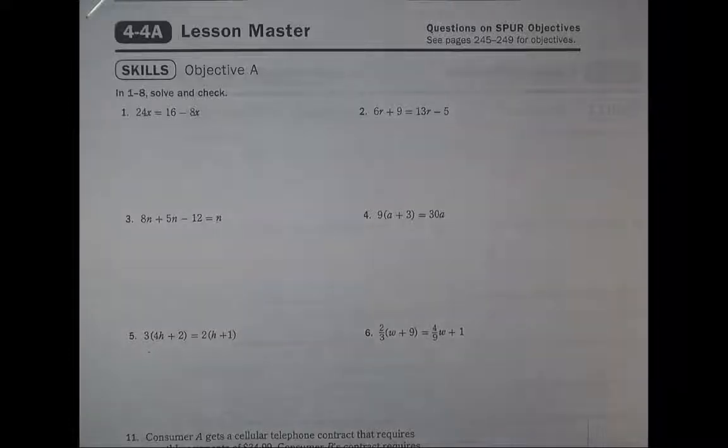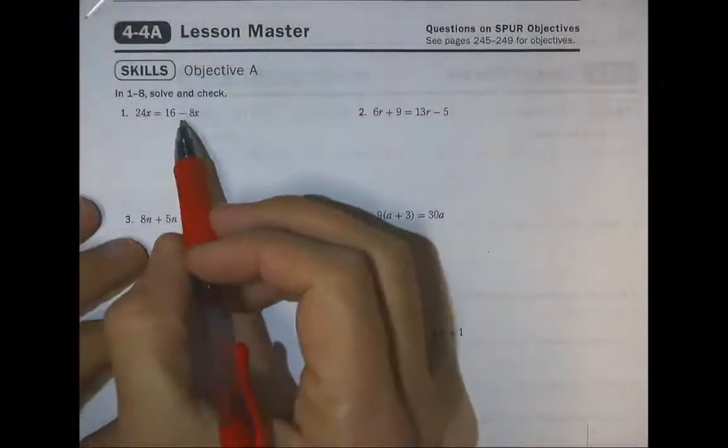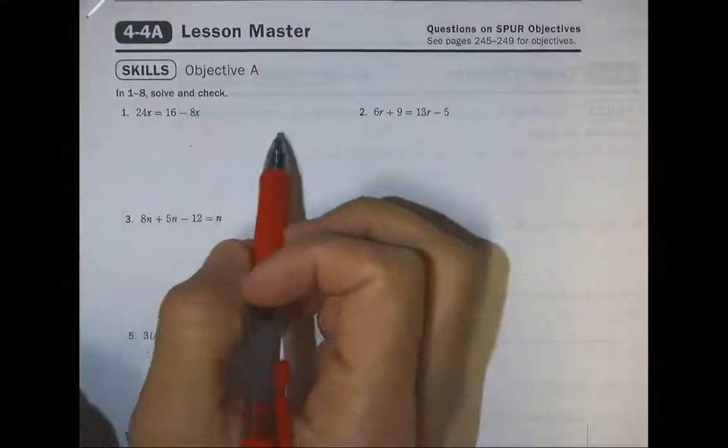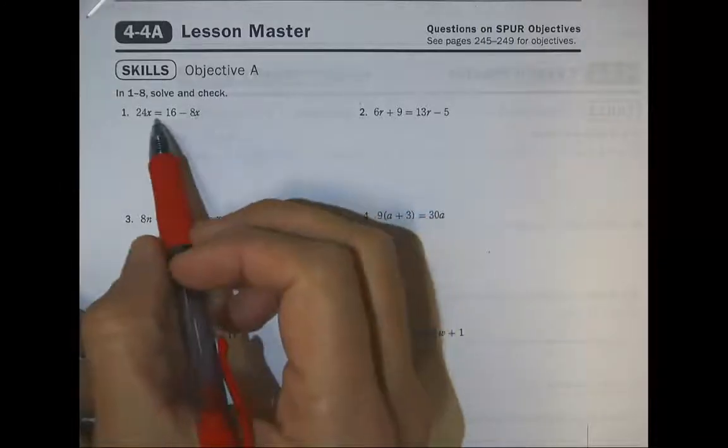This is the review packet for 4.4 to 4.6. So we are starting in 4.4, just solving equations that have a variable on both sides. First step is to eliminate one of the two. If there's multiple, that means you've got to do some simplifying on one side, but when you have it down to